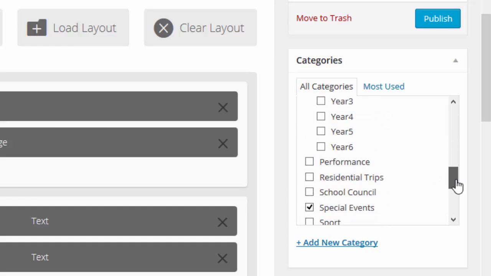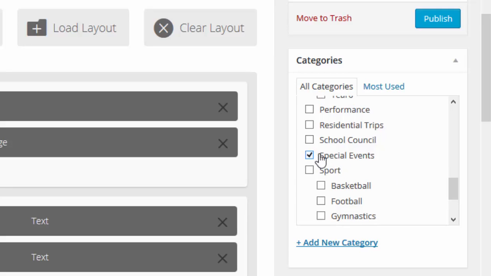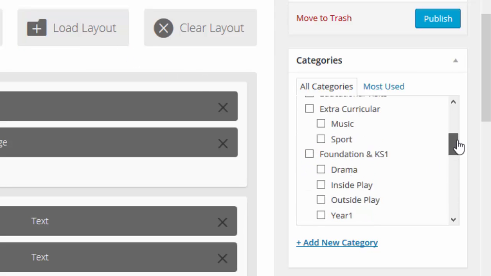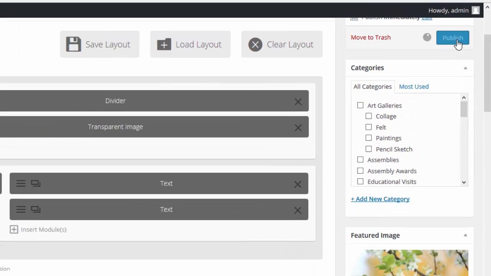So choose the correct category. Because we've chosen special events when we loaded our layout, we have to choose the same category as that which fitted the original layout that we chose. So now I'm going to click Publish,